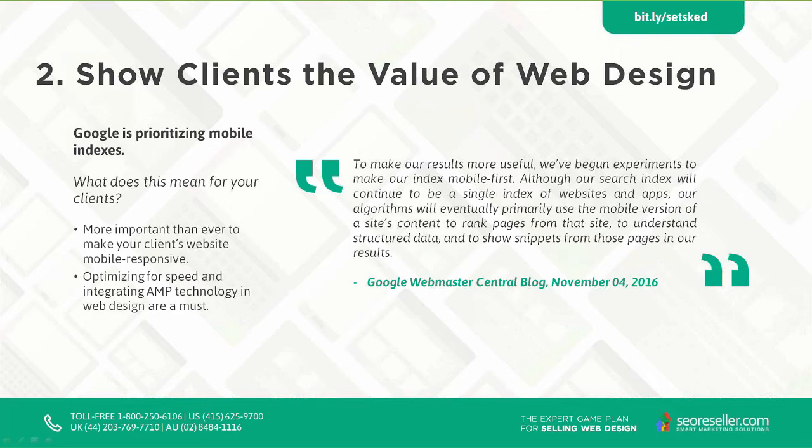To make our results more useful, we've begun experiments to make our index mobile first. Although our search index will continue to be a single index of websites and apps, our algorithms will eventually primarily use the mobile version of a site's content to rank pages from that site, to understand structured data, and to show snippets from those pages in our results. In summary, this is a big change in Google. You're separating the indices between desktop search and mobile search. So if I had a website,